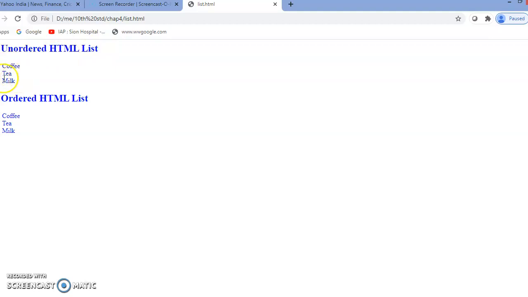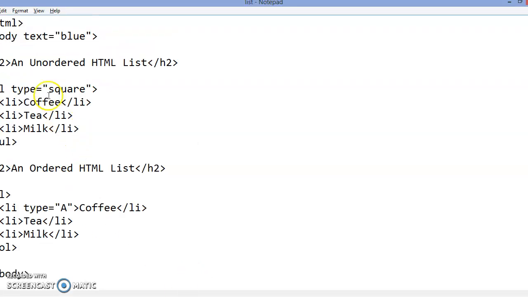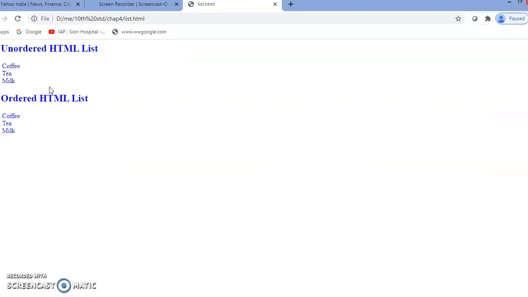Coffee, tea, milk. Suppose I want to use this circle here in place of square, we just change the type of UL, type equal to circle in place of square. So just update it and run it. Refresh. Are you getting it? It's the empty circle.